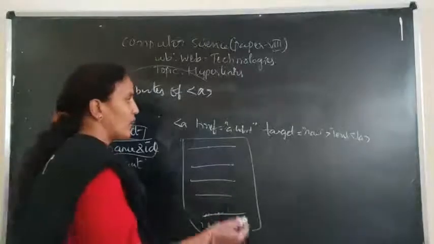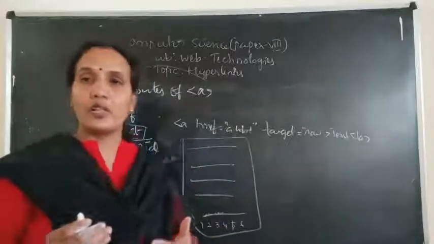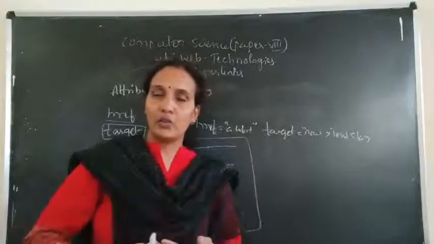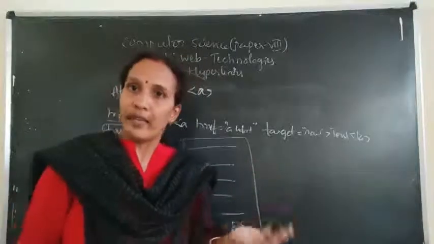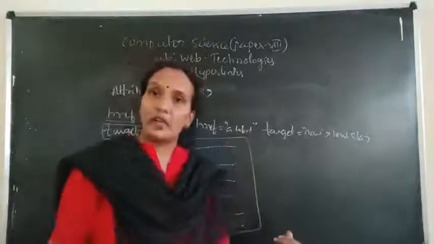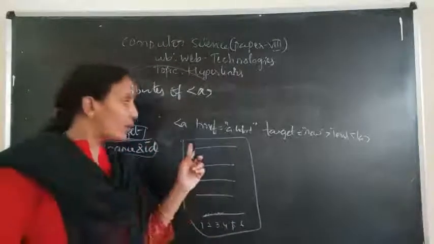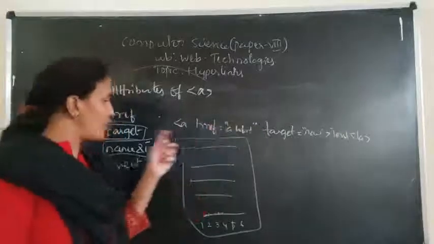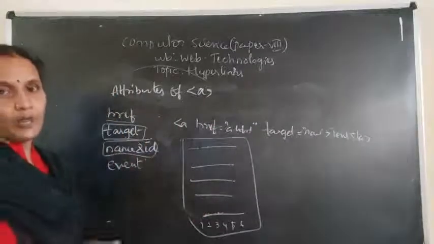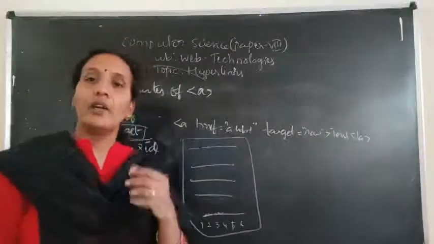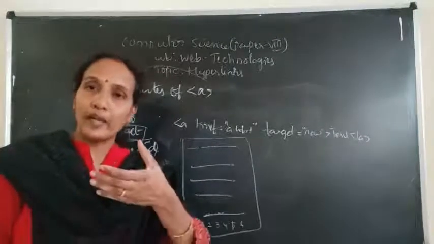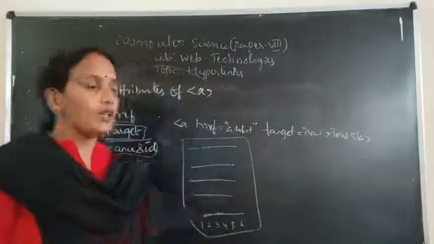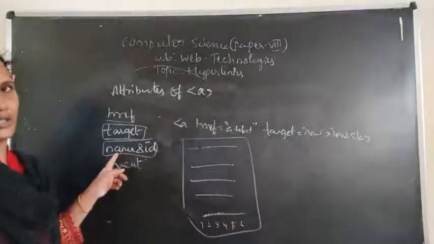Okay, so here what we are doing, actually, using hyperlinks, the user is moving from one page to another page. Here I know the source file and the target file because the files are already named. But when you are dealing with internal links within a page, you need to give a name to the section to which you want to move. That is possible by using the name and ID attributes. Using the name and ID attributes, you can give a name to a particular paragraph in the page, so that later you can give a link to that paragraph. That is the name and ID attribute.